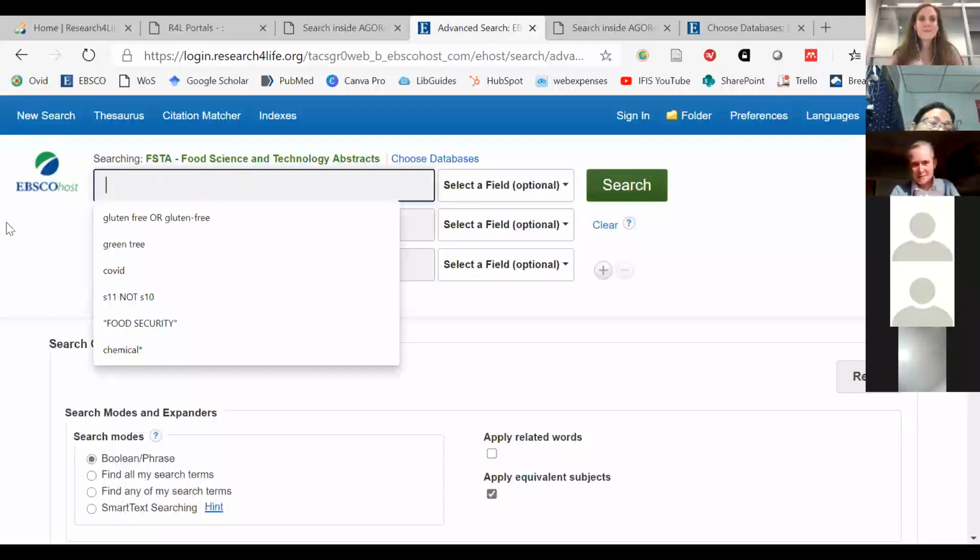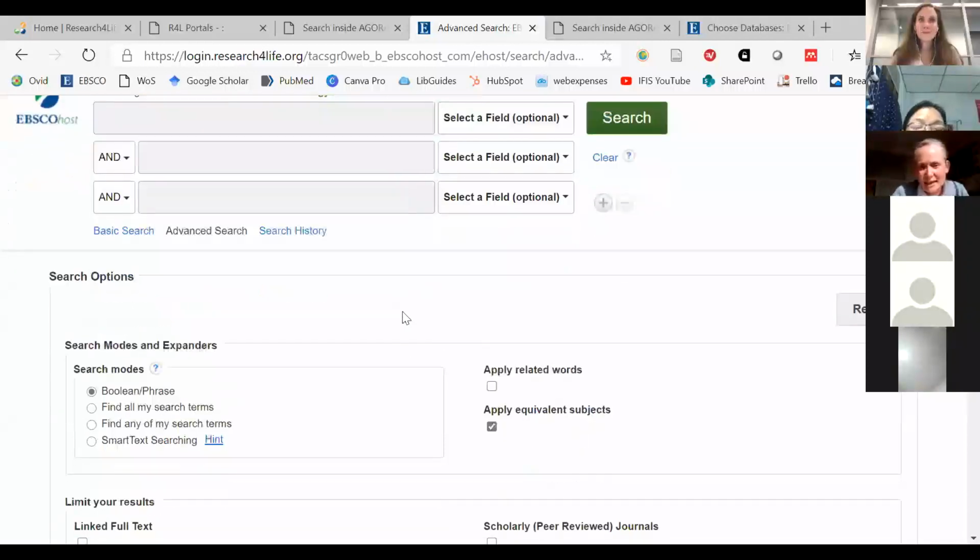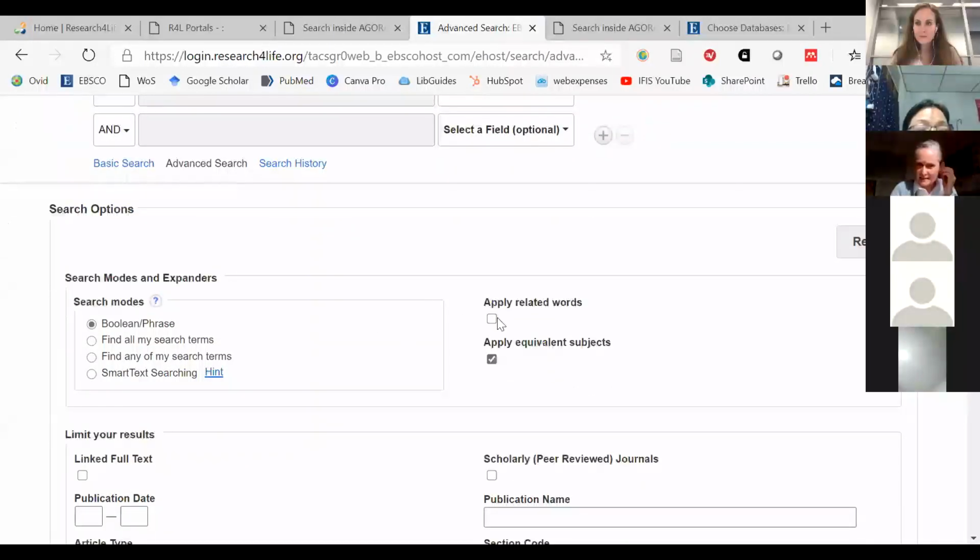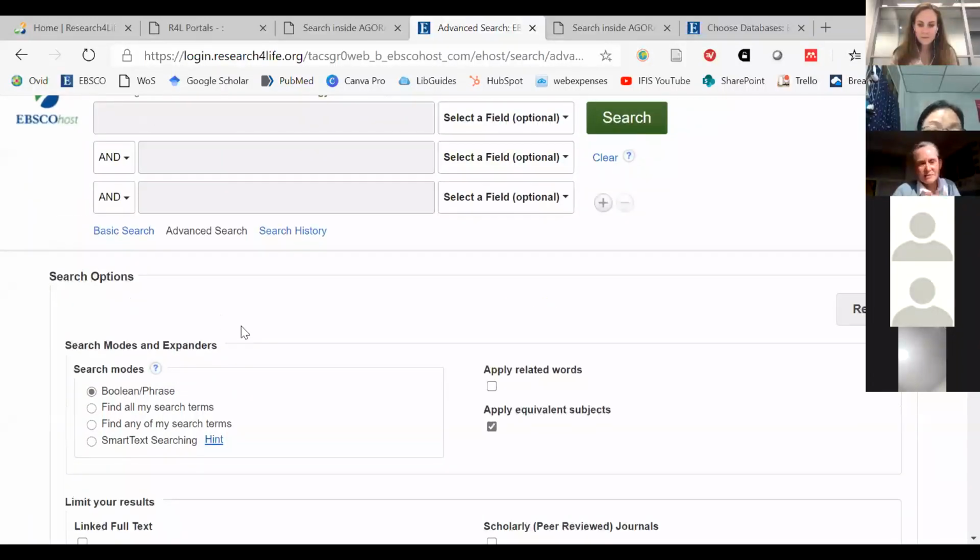So the first thing I want to show you on this screen is these search options down below, because this controls how the database understands what you type in as search terms. And you'll see that Boolean phrase is selected here in the search modes. And that's